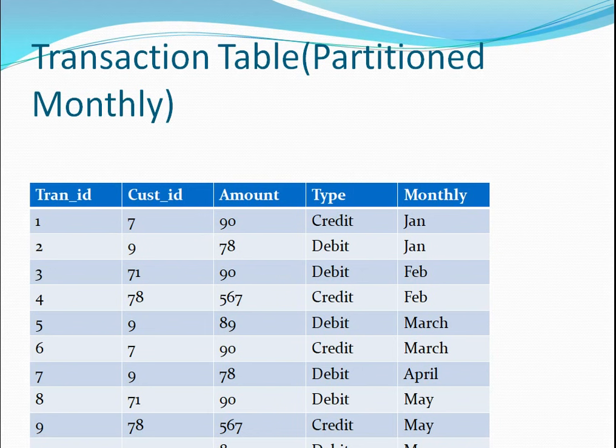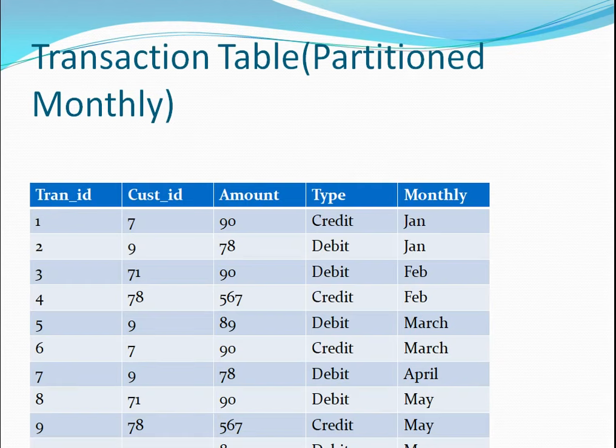And the other thing is that only the new data from May is editable. The rest of the data is read only. So if you think of it, you can only do transactions for the current month. You cannot go back to January, or go back in time and change something, right? If you have to credit or debit, it has to be done for this month. So for the previous months, the data is read only, while for the current month, you can insert the data, you can delete the data, or that kind of stuff.